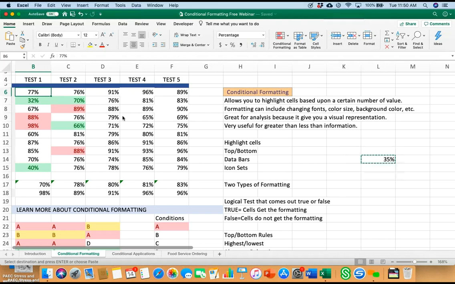Okay, again, let me stop. Any questions? Now, I can show you some other stuff. I am going to show you other things, but